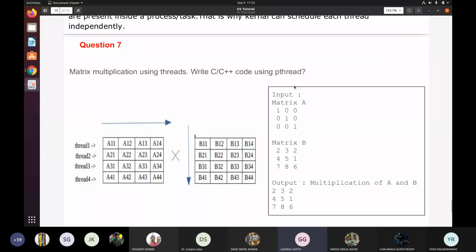Sir, the pthreads library which we use, is that a user level thread or a kernel level thread? I think that is kernel level thread. Maybe sir can clear it up. No, Pthread is implemented as a library.